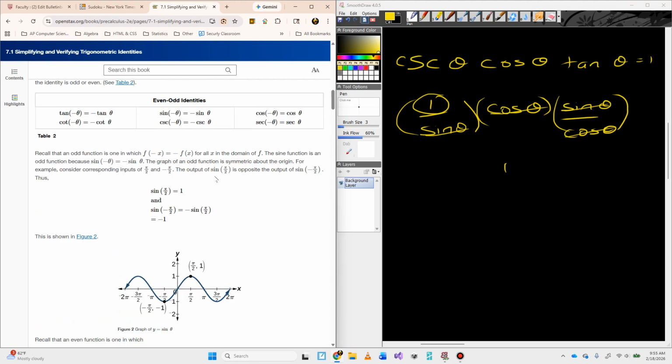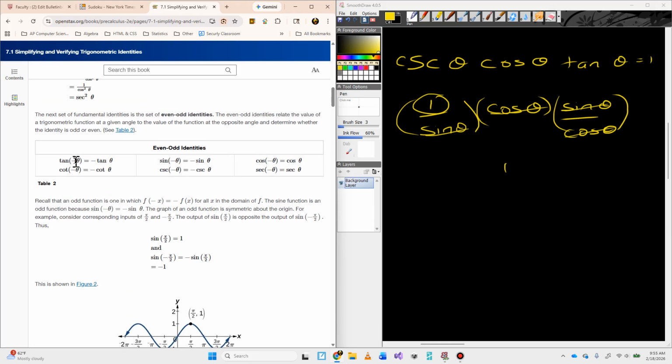I can go back to them. If I use a negative angle for tan, I will get a negative. That's the same as me taking that same angle, not negative, the positive. It's the reference angle. But I'm going to get a negative result. Cotangent is going to work in the same way. If I use a negative angle, that's going to give me a negative result if I were to take that